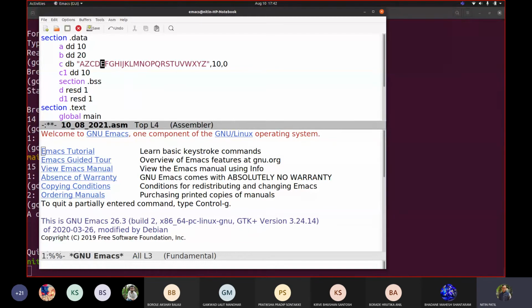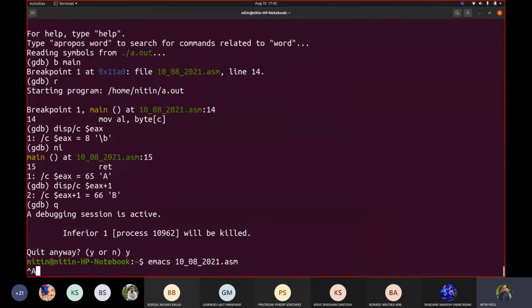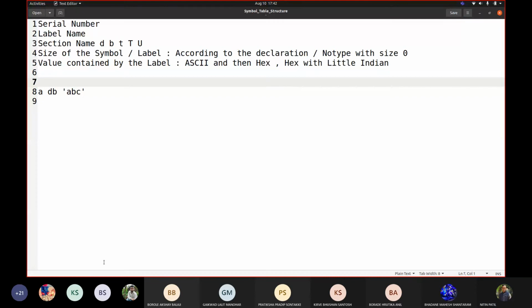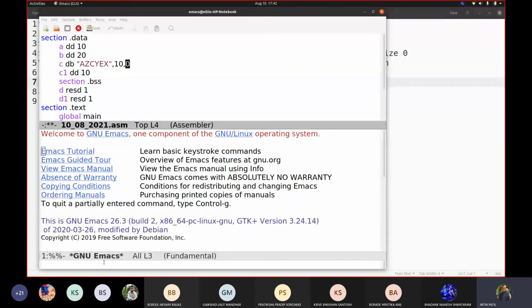So let us say Z, C, Y, E, X. Okay, let us take only this one. I want to show you values like A, Z and so on. Let us save this.